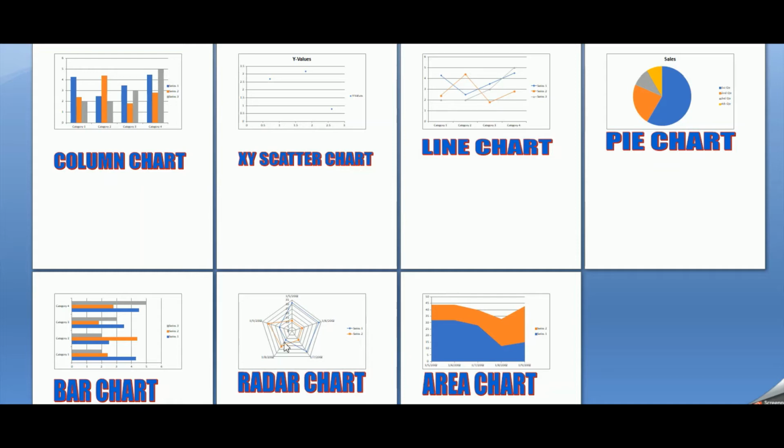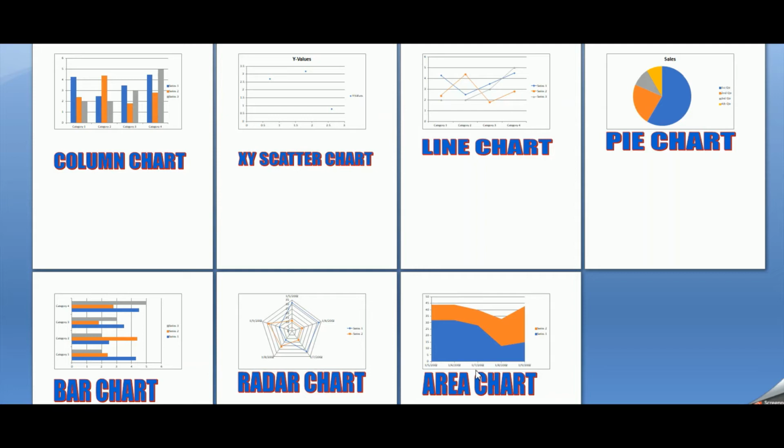Next is the radar chart. You can see here it looks a little bit complicated. This chart basically compares the values of three or more variables. When you have more than two variables, three variables, in that case this chart is going to show you the relative values at a central point by showing the comparison. It is moreover useful when you cannot directly compare the values, and especially great for visualizing performance analysis or survey data. So in that case we use this type of radar chart.